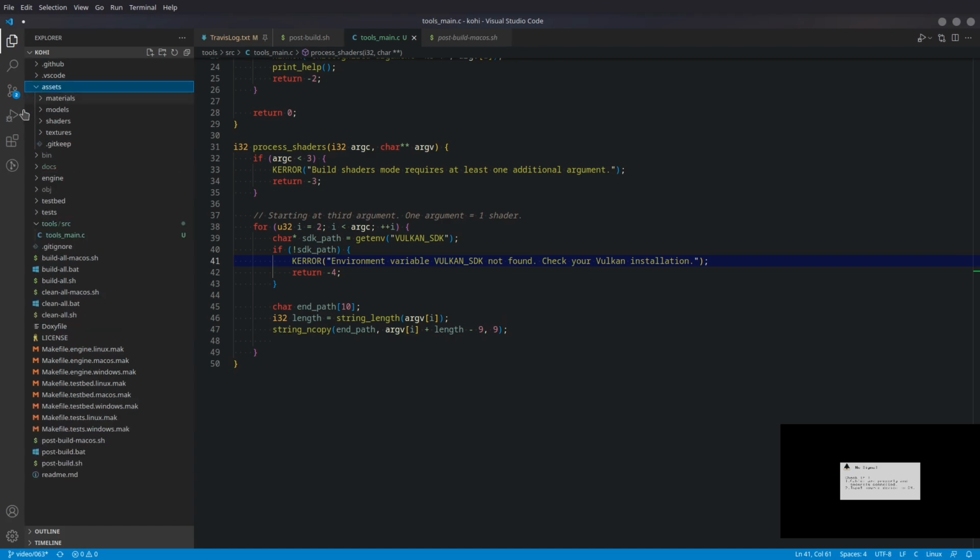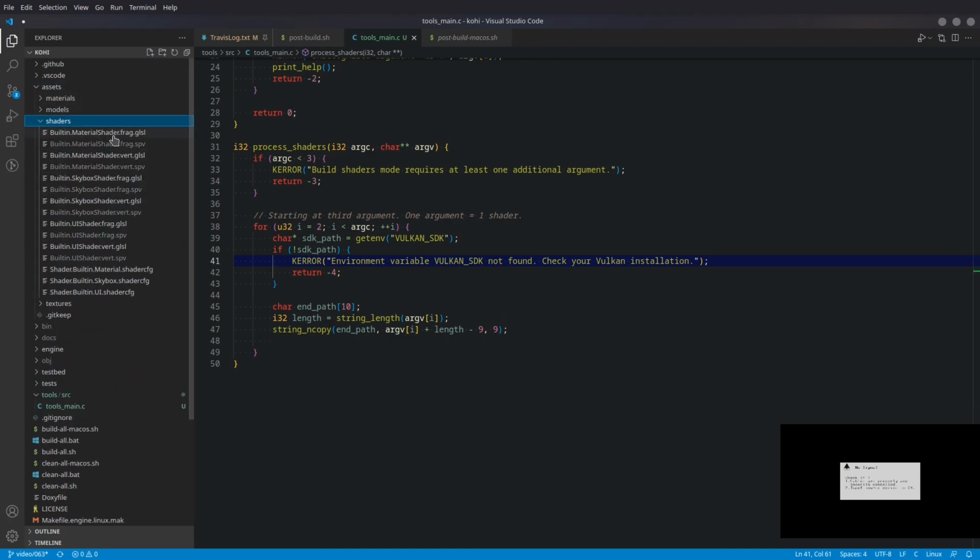If we look at our assets and our shaders, we have .frag.glsl. That's 9 characters. .vert.glsl. That's 9 characters. Eventually, for compute shaders, it'll be .comp.glsl, or for geometry shaders, .geom.glsl. It wasn't an accident that I chose that naming convention. Basically what we're doing here is getting the very end of the path, the sort of double extension that exists here,